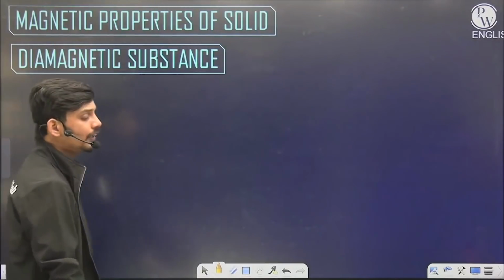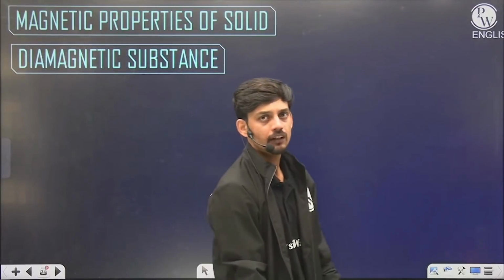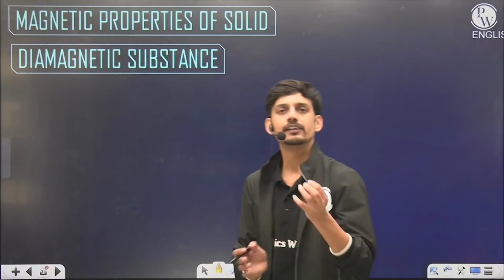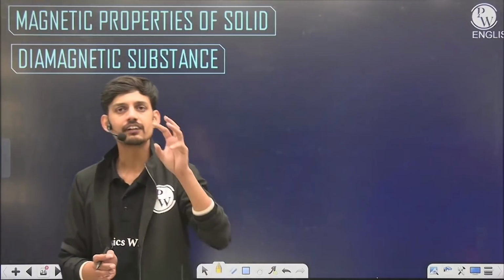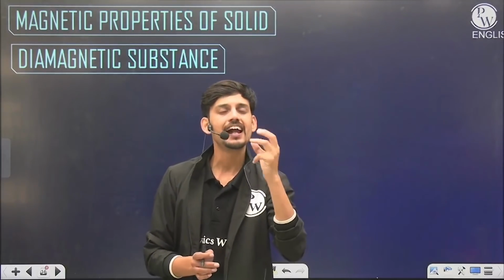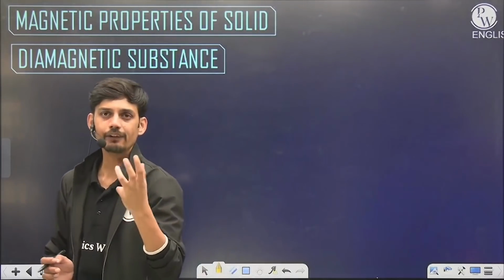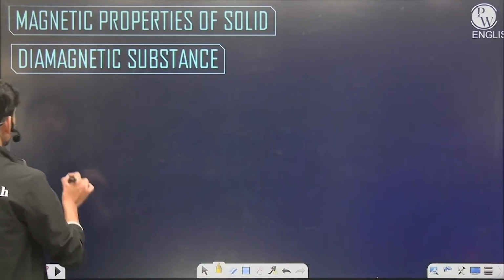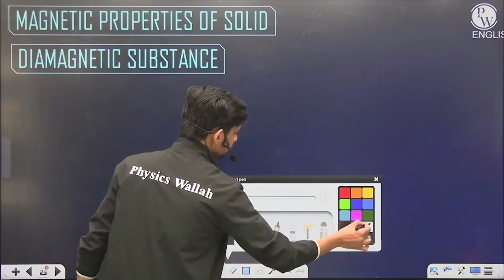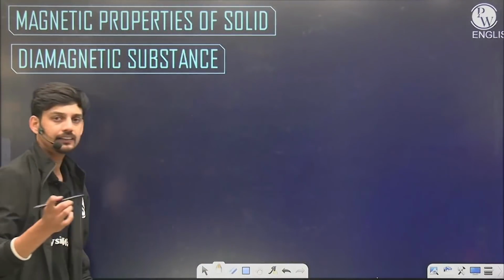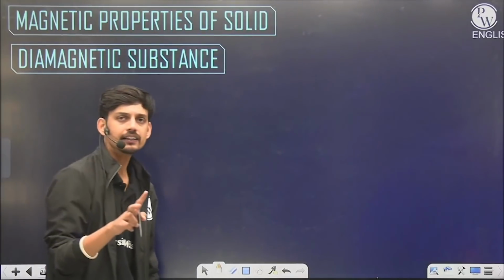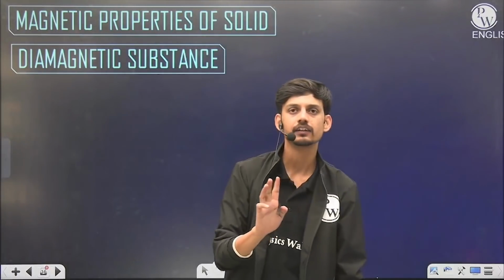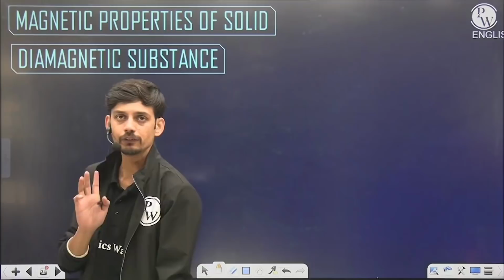Now let's talk about the magnetic properties of solids. Why do solids have magnetism? Similar to the electron, whenever an electron is moving, it is creating some current, and due to that current some magnetic properties are being created. So we divide solids into 3 categories. First is diamagnetic, another is paramagnetic, and the third one is domain magnetic, those substances which have magnetism due to domains.